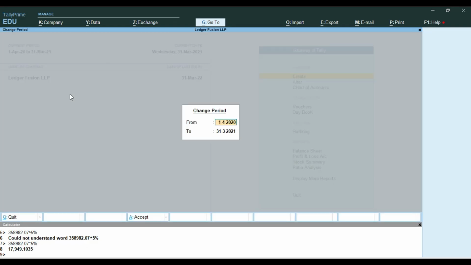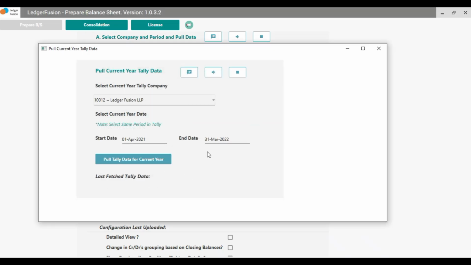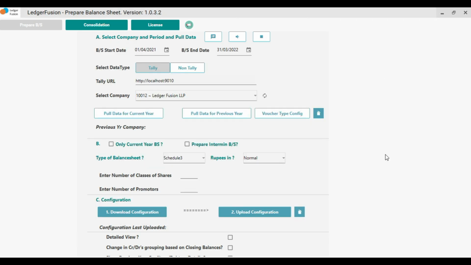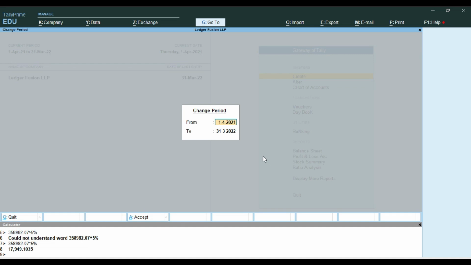Then open the tally window and select the current year period, then pull current year data by clicking the Pull Current Year Data button. While pulling current year data, make sure that the current year tally is open in the tally window and the current year period is selected. Before pulling previous year data, go to tally and if split tally data is there,